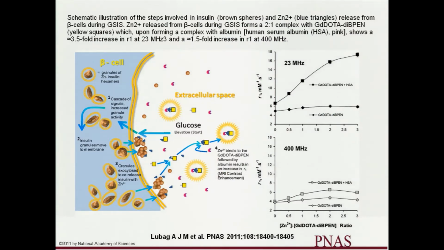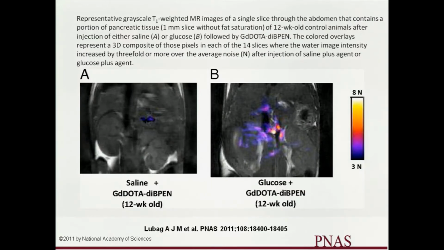So the model that was developed was this. And so basically, here's our chelating agent. When the insulin is released from the pancreatic beta cell, it quickly picks up 2 equivalents of zinc, it binds to HSA, and it lights up. And this is actually a working model in vivo as well. So this was published in 2011 by Dr. Sherry's group. Very cool because here,